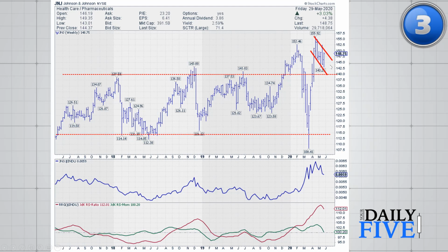And what I really like was what we see here, because this looks like a flag pattern developing. If Johnson & Johnson is able to hold up above 140, and I think we should see that happening, and we break out of this flag type pattern, say you see prices around 150 next week at the close or the week after that, then we complete that flag pattern and we got a huge upside potential in